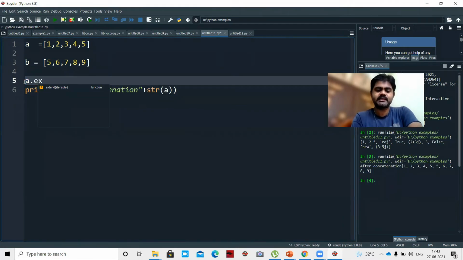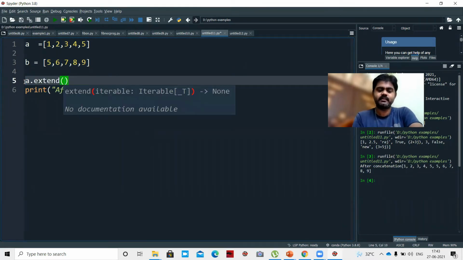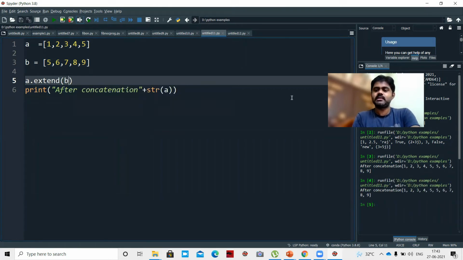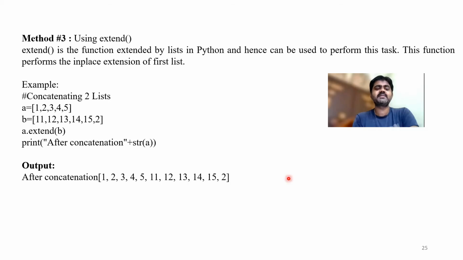So what do we get? 1, 2, 3, 4, 5, 5, 6, 7, 8, 9. So this is method 3 using extend.